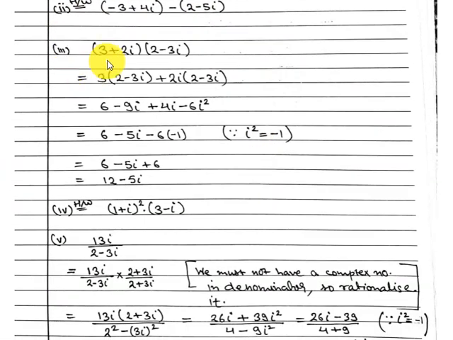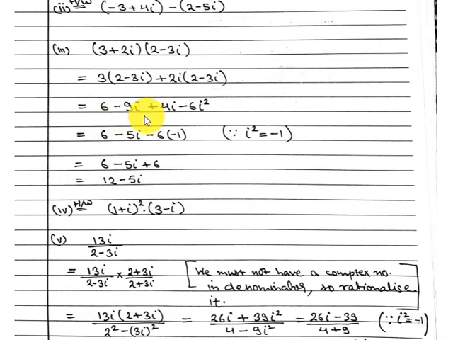Next, I have these two complex numbers multiplied together, so we will simplify this and at the end get the form A plus iB. Normally you just proceed. So 3 into whatever you have, plus 2i into the whole of it. So 3 times 2 is 6, and here minus, so minus 9i. Then 2i into this will become plus 4i, and plus and minus minus 2 times 3 is 6, and this is i into i square.